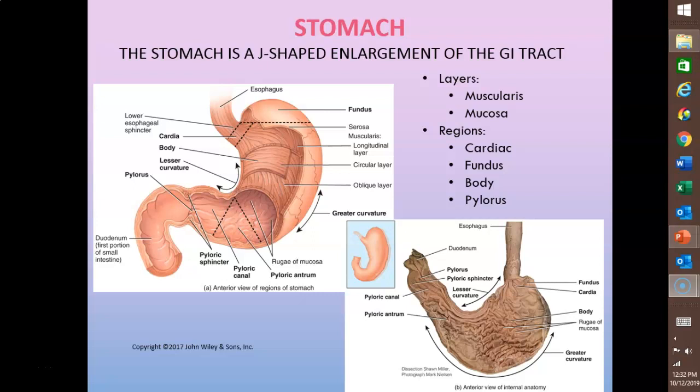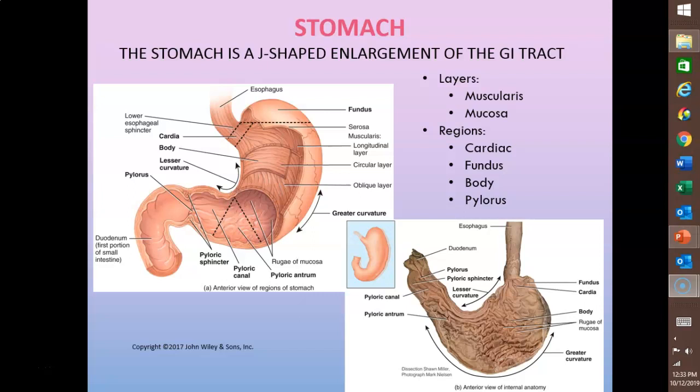The stomach is a sort of J-shaped enlargement of the gastrointestinal tract directly inferior to the diaphragm. It connects the esophagus to the duodenum, which is the first part of the small intestine. Because a meal can be eaten much more quickly than the intestines can digest it and absorb it, one of the functions of the stomach is just to serve as a mixing chamber and a holding reservoir. After food is ingested, the stomach forces a small quantity of the material into the duodenum, that first part of